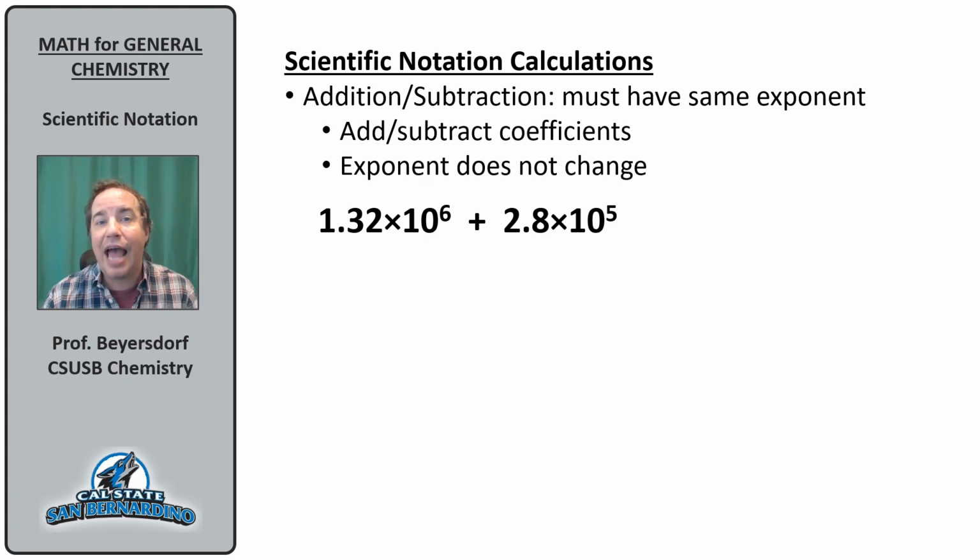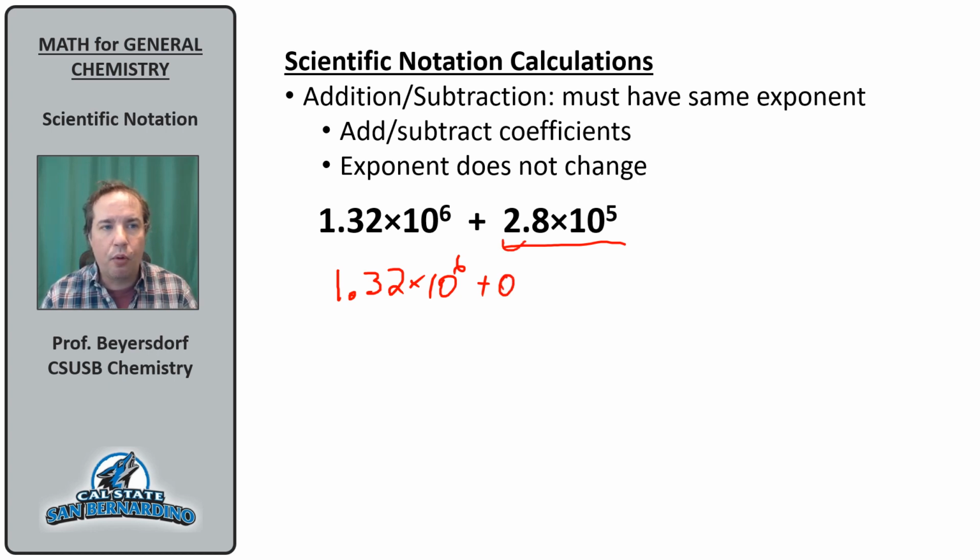I need these to have the same exponent. So what I'm going to do is convert one of these so that they have the same exponent. I'm going to convert this one right here. So 2.8 times 10 to the 5th is the same as 0.28